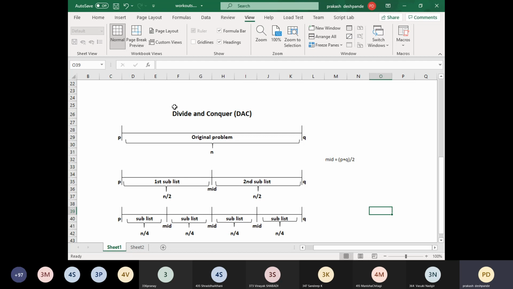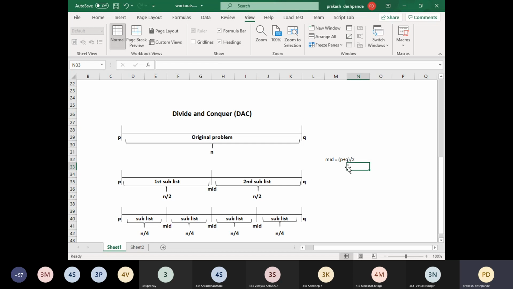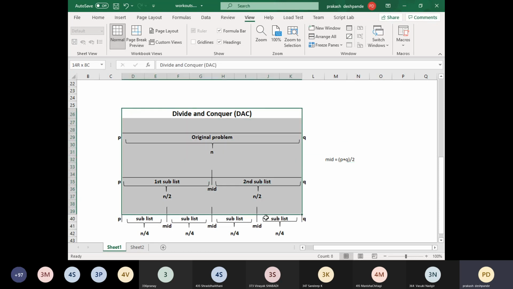Now we do have a general algorithm for divide and conquer. We have the general algorithm, or the method or approach of divide and conquer, written as an algorithm, showing how it works in general form. That particular algorithm I am going to put up here. It is nothing but the points which we have discussed as part of this diagram explanation. I will try to convert this diagrammatic explanation into proper algorithm notation. Let me write it side by side.